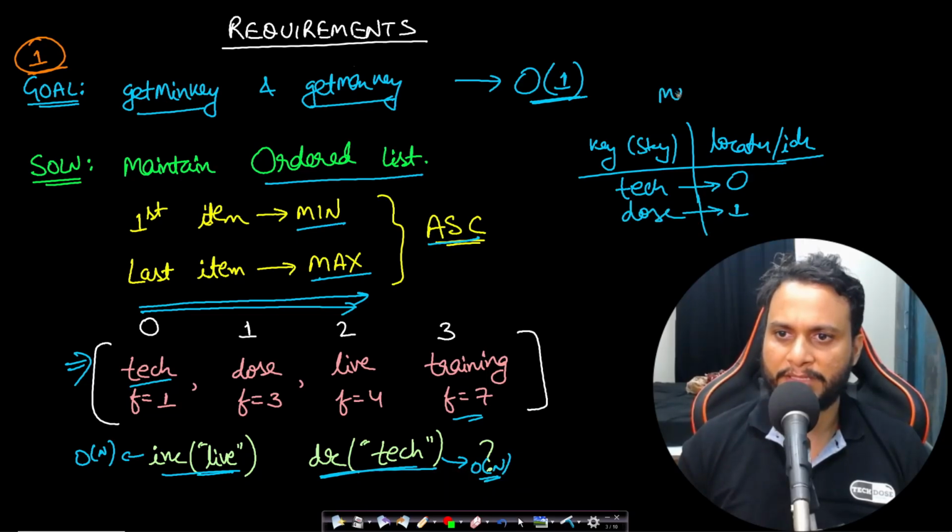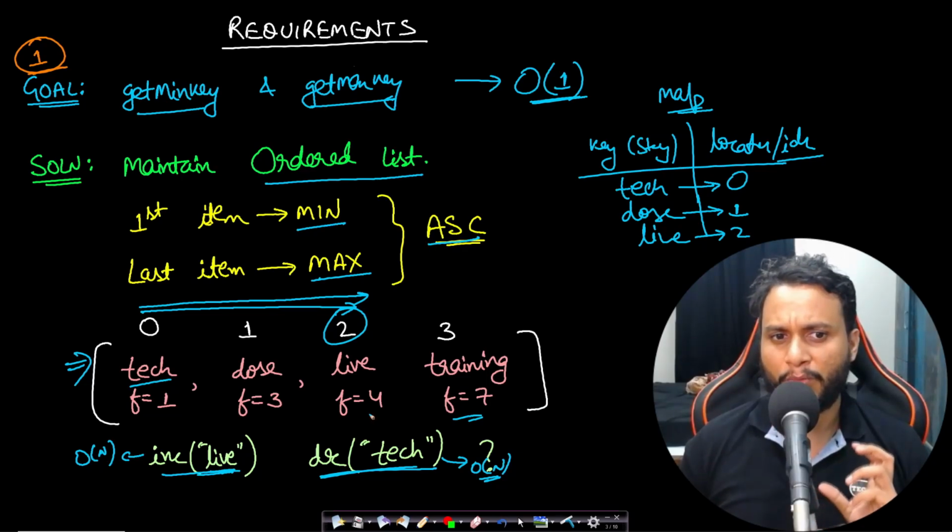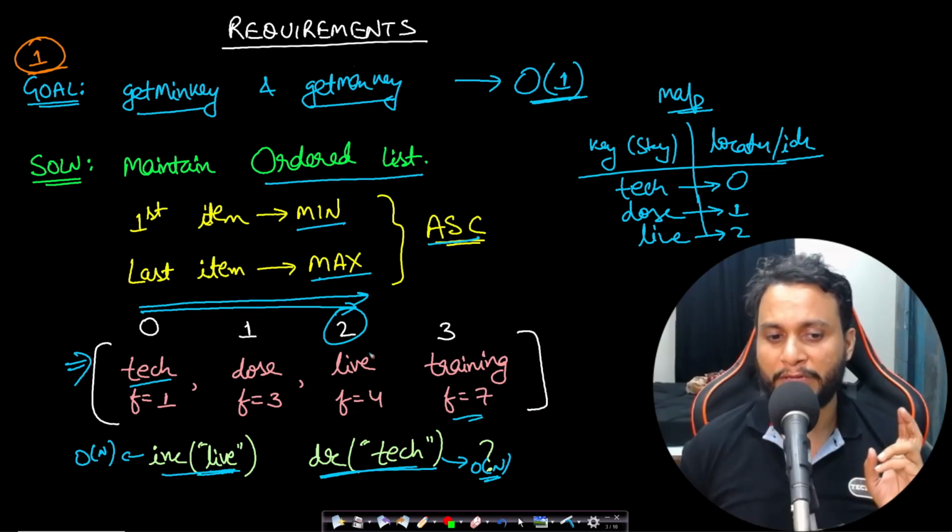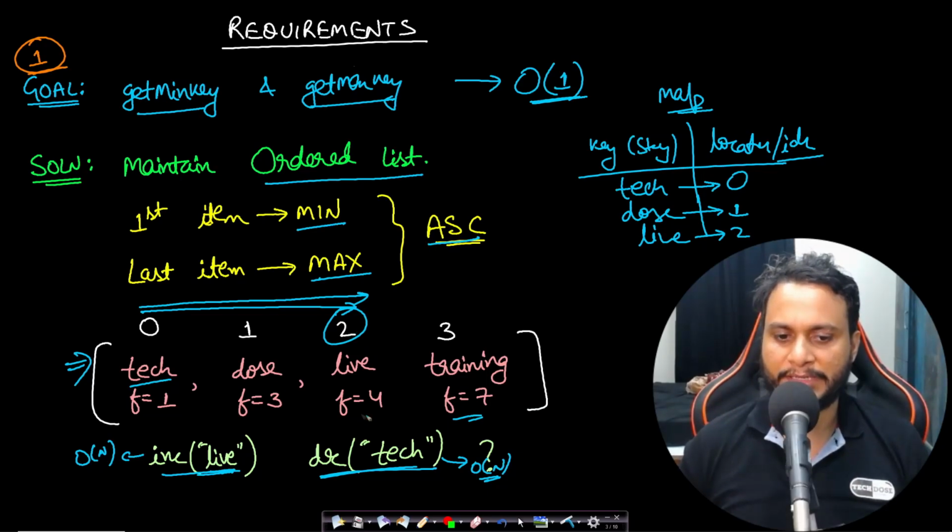So if we maintain this kind of map, then I can find out where live is present by just looking at, okay, live is present at index 2. So I can go to index 2 and actually change the frequency value, right? This can be done. But then what if the requirement also involved deleting the item, not just increasing and decreasing,